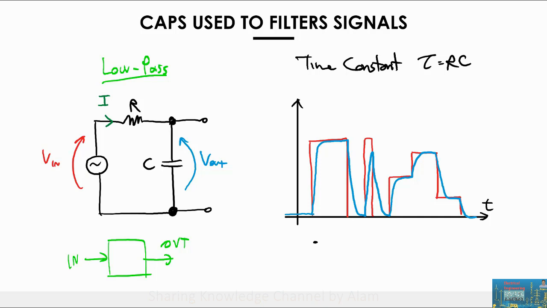If you recall, a capacitor doesn't like to change its voltage, so in order to change its voltage you need to apply a lot of current. As a result, if you apply voltage to a resistor and a capacitor in this configuration, the low speed moving components will pass through in the output signal, whereas anything that moves really fast will be attenuated. The first step here was smoothed out, rounded a little bit,